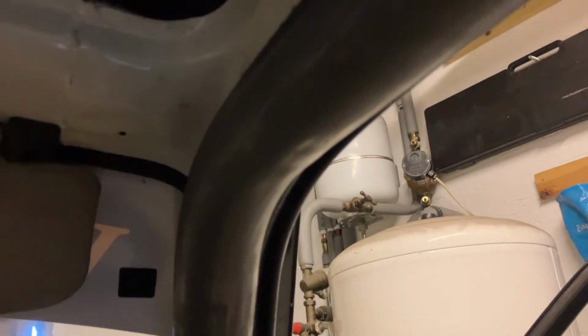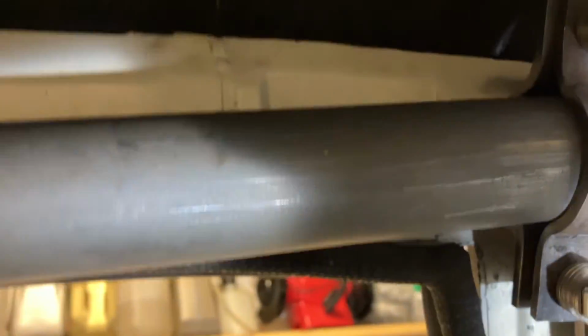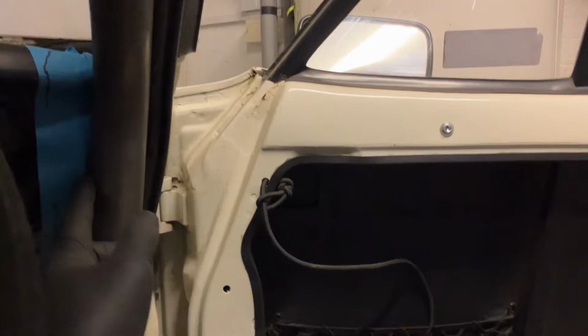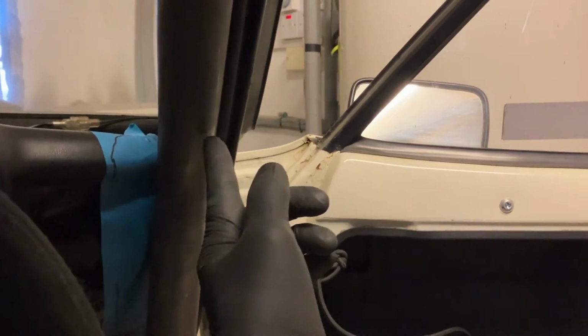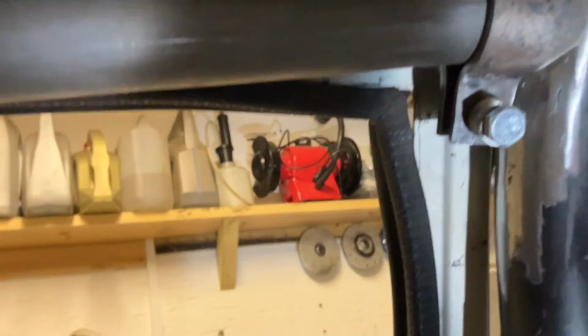It's quite tight, hugs the pillar, but it looks like it sort of sticks up at the back. There's not a lot I can do about that. If I bring it down, it's gonna, well, I can't go any further forward on this point here. I couldn't make this bend any less to get it further forward because I've got the dash in the way. Without bringing this further down, then it's sort of encroaching on your space, and it's away from the A-pillar. So it just looks a bit weird. I don't know if I can get back far enough for...